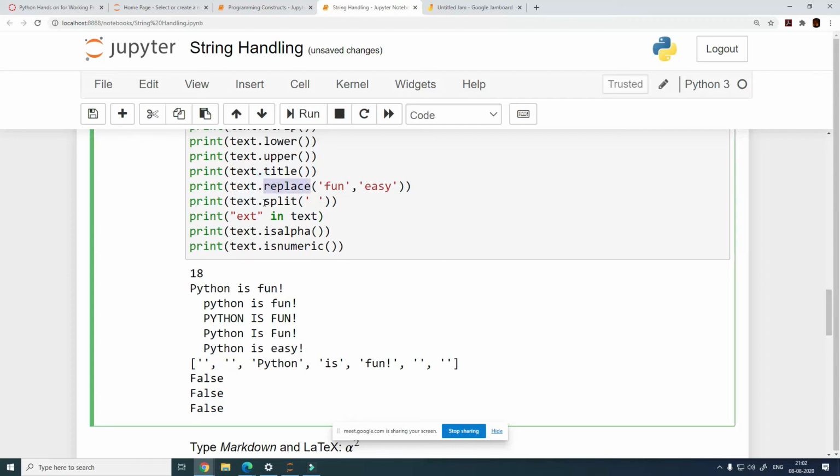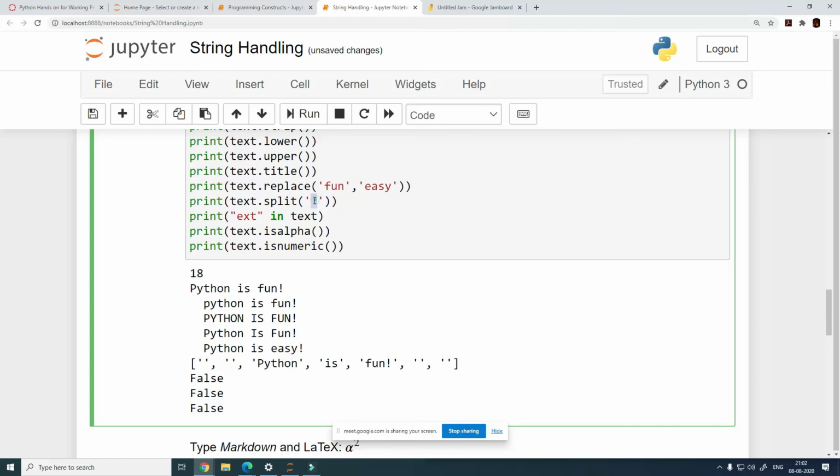Now the next one is a split function, right? Now what does a split do? The split function is used to split our text into multiple words or multiple texts. It totally depends on how you want the split to work. The only thing that you specify is a split character, so what is the character across which the text should be split?